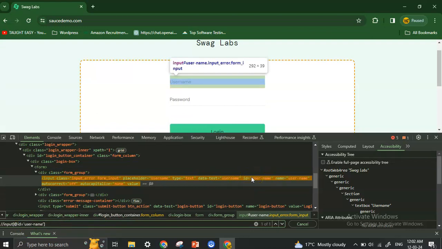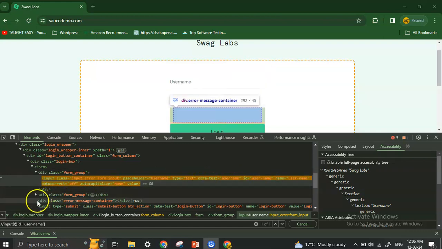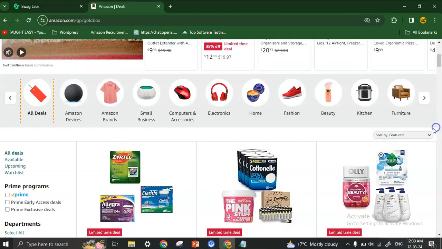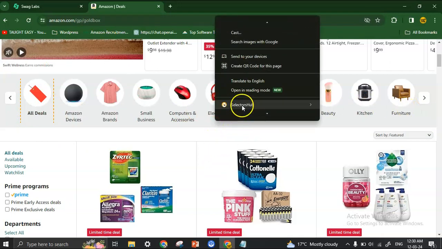But there can be cases where the values of these attributes are not unique. So how do we write XPath in such cases? So we need to find out. Let me show you an example first. So I have found this Amazon.com page where I have these multiple items available here. So if you do a right click here